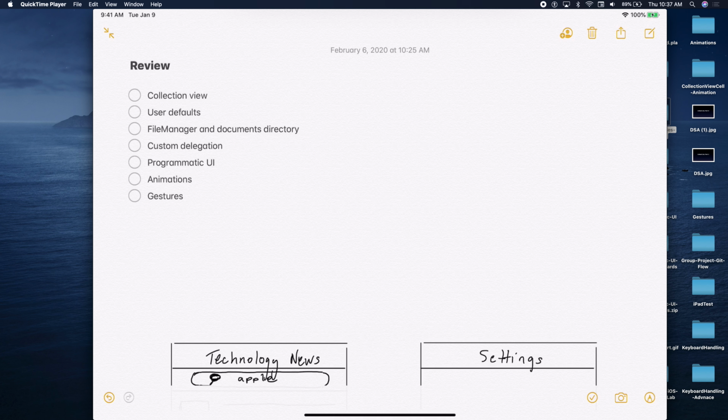We'll be reviewing collection views, and everything we're talking about is being done programmatically, right? We are reviewing user defaults. That's all part of persistence. Persistence is saving data to the device so that the next time the user launches the app, they have the data. We'll also be reviewing file manager and documents directory in order to save the articles in